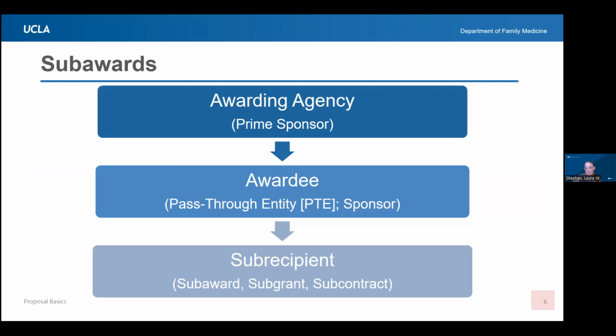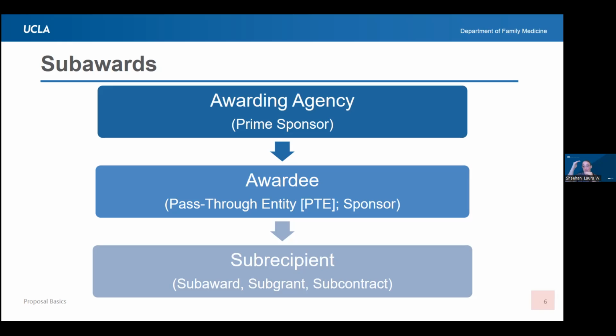If you are applying for funding and a sponsor gives you the money and all of the money is going to stay with you, you are doing all of the work within your institution, there are no subawards and this slide is irrelevant. If, however, any portion of your study is going to go to another institution, if you have a co-investigator at a sister campus, or you're working with a small business, or you're sending chunks of money to a clinic, each of those sites would be considered sub-recipients or sub-awards, sub-sites, all the same thing. And from their point of view, you would be their sponsor because you are the one giving them their money.